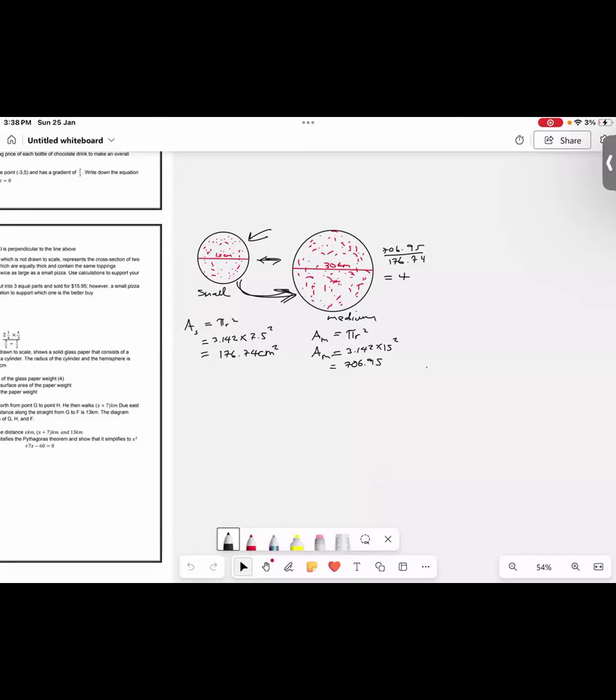But the question is, which is the better buy? Better buy means in terms of the price you pay, and it also has to be based on the quantity of the item that you're getting. So if you're paying a lesser price for more quantity, that's a better buy, not true? If you're paying a lesser price for the same quantity, that's a better buy. So less price and higher quantity, or less price and same quantity, is a better buy. The only way it's not a better buy is if you pay the same price for a lesser quantity. So let us see what we can do here.